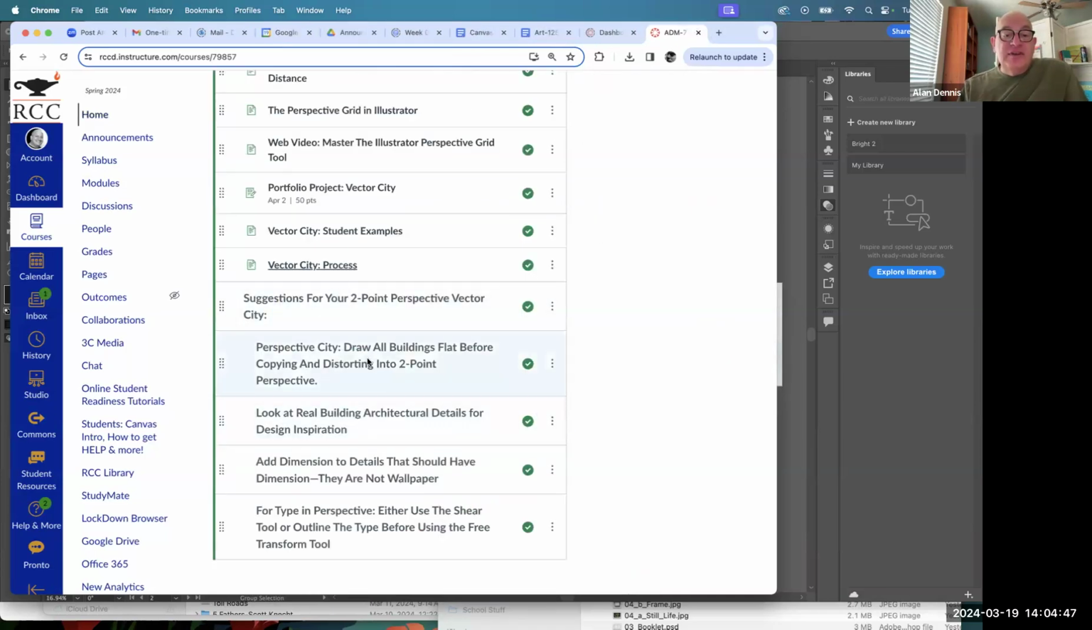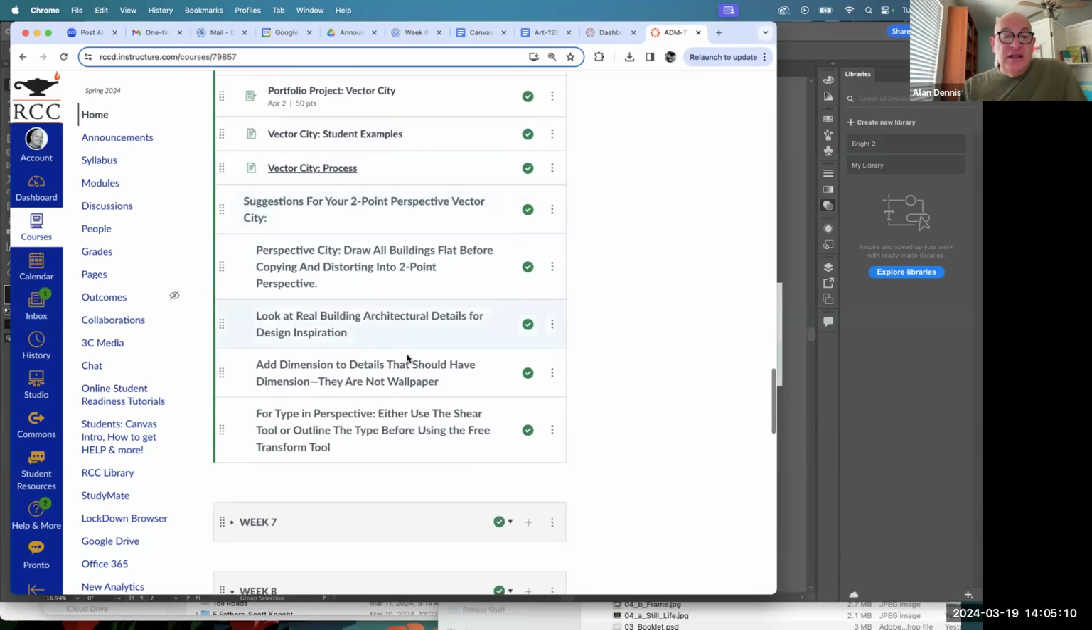And so here's what I'm saying here, perspective drill built city. These are suggestions under here. That's why they're indented. Draw all buildings flat before copying and distorting. Look at real building architecture for design inspiration. Add dimension to details that should have dimension. They're not wallpaper, like Kay's hospital, like I just pointed out, doesn't have another side to it. And for type in perspective, I'll demo that next week, but either use the shear tool or the outline